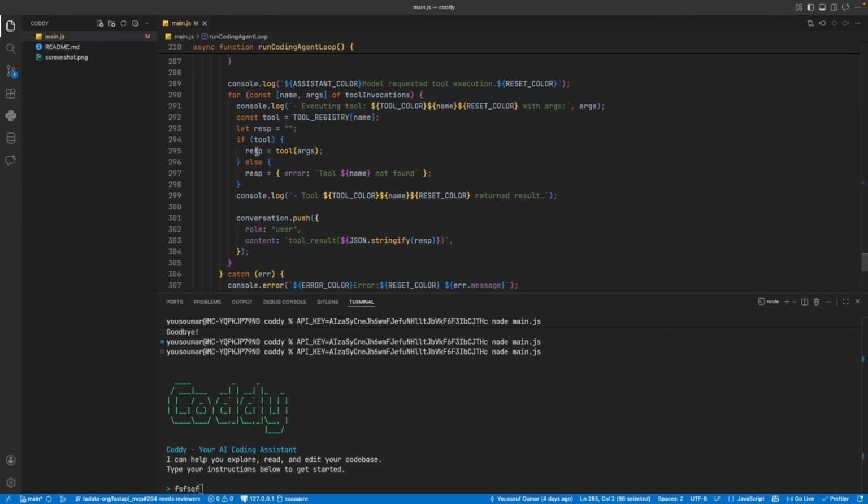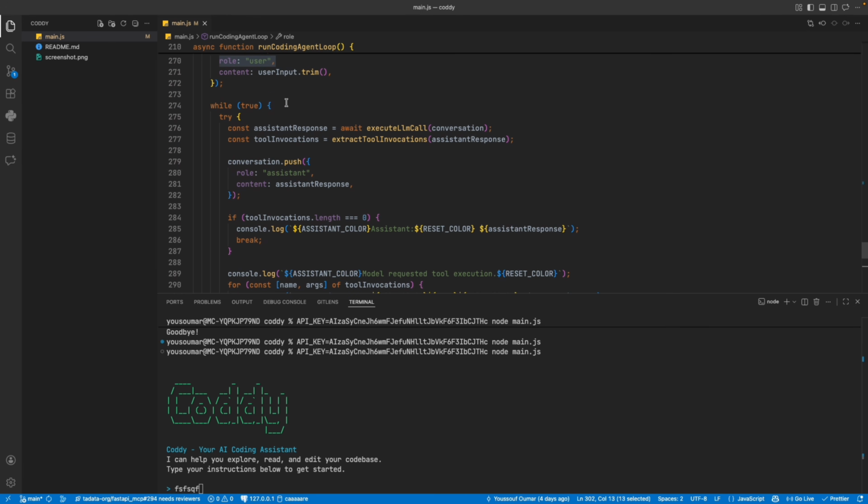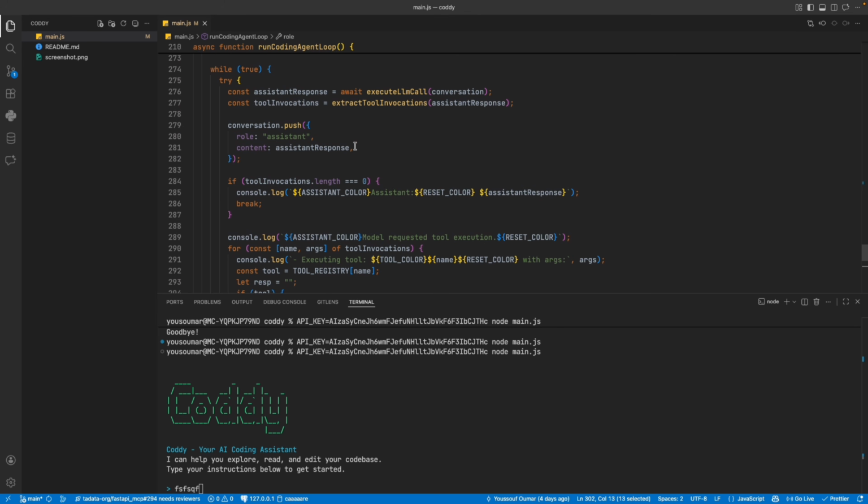So we are gonna make the tool call here, and we are going to append the tool result using this specific way as we described in the system prompt, and we push it to the conversation, and we say this time it's the user, because it's the user that is giving back to the LLM the result of the tool call. And then we get back again to the while loop, and we do that again and again until the LLM responds with no tool call invocation, and we output the message.